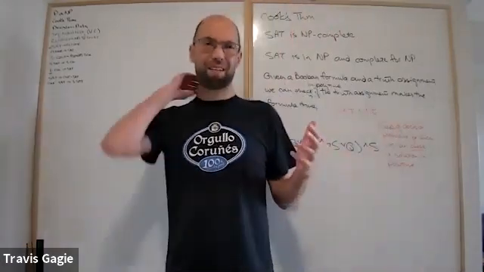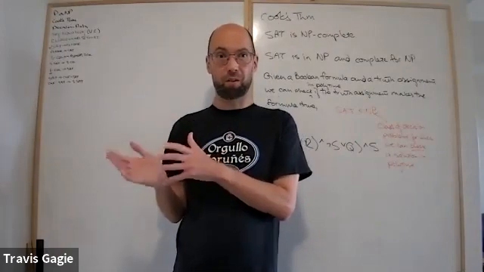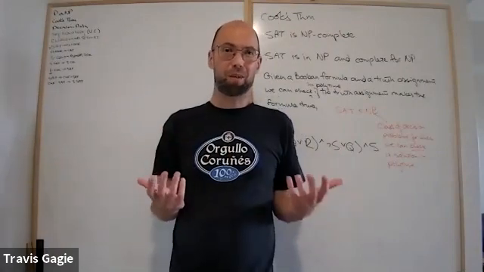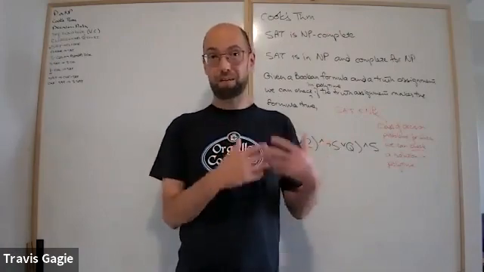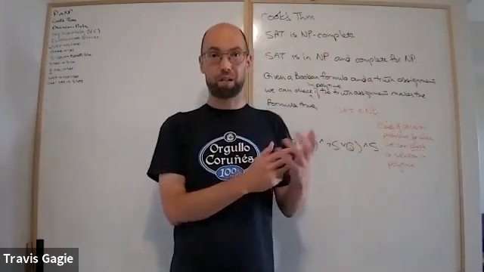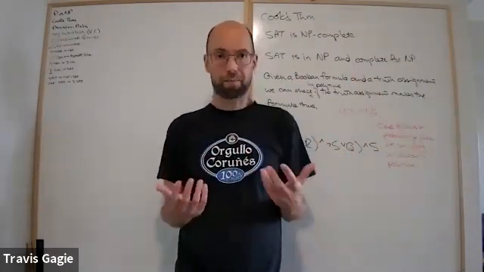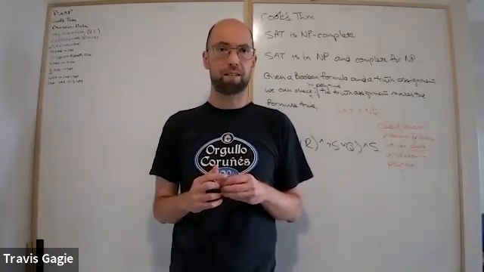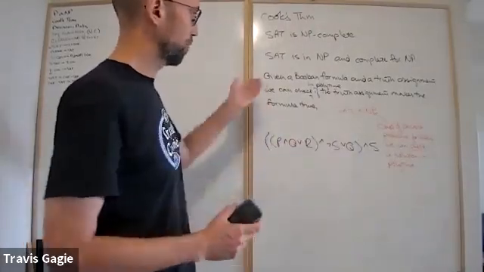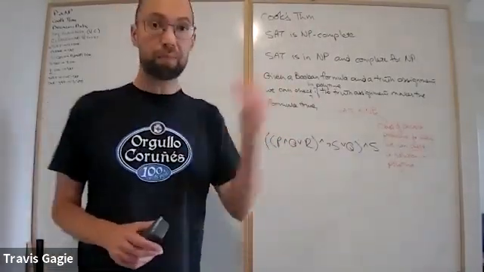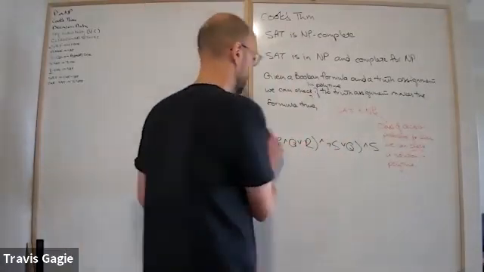So there are problems where you can't even check a solution in polynomial time, but most of the stuff that you run into in normal everyday life, it might seem hard to find a solution in polynomial time, but if somebody gave you a solution, you could at least recognize it. Okay, any questions about that? So if somebody gives you a formula and gives you a truth assignment that says, this is a solution, this makes this formula true, you can check it. Okay, so that means SAT is in NP,